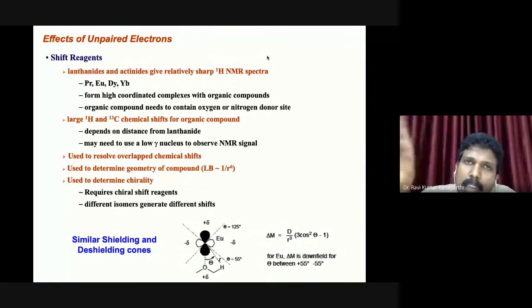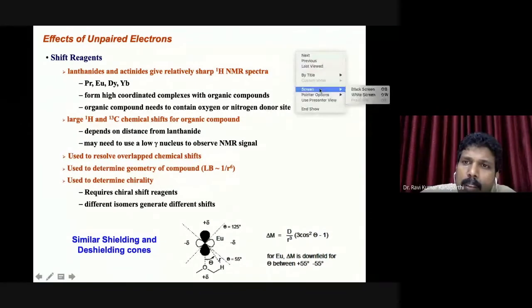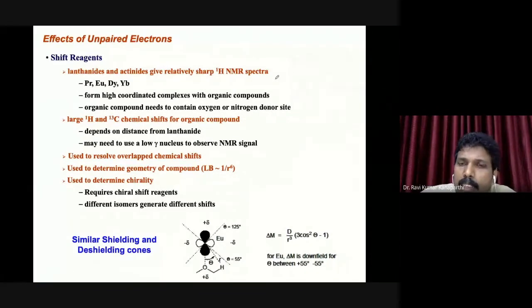What about the next, beta carbon methylene protons? Okay, what will be the next proton? This is, let's say, 3. This is 2, and this is 1. And this is 4. I'm trying to basically predict the approximate NMR spectrum of 1-hexanol. Is it clear? Now, the first one will be seen somewhere here, one peak.